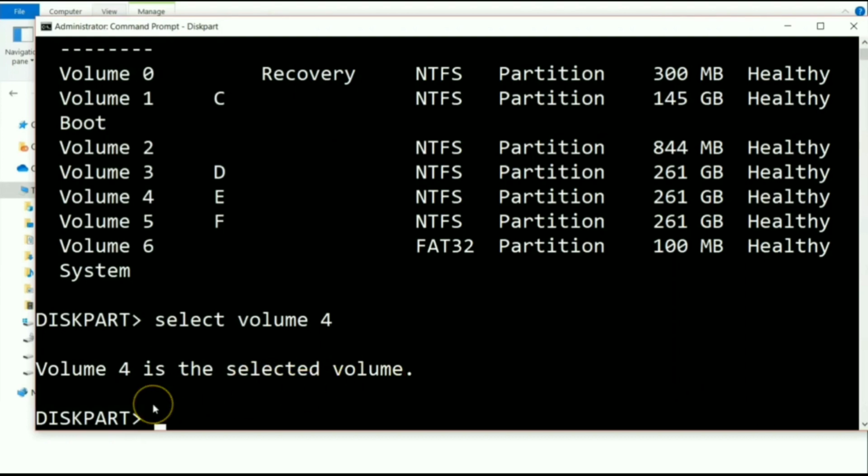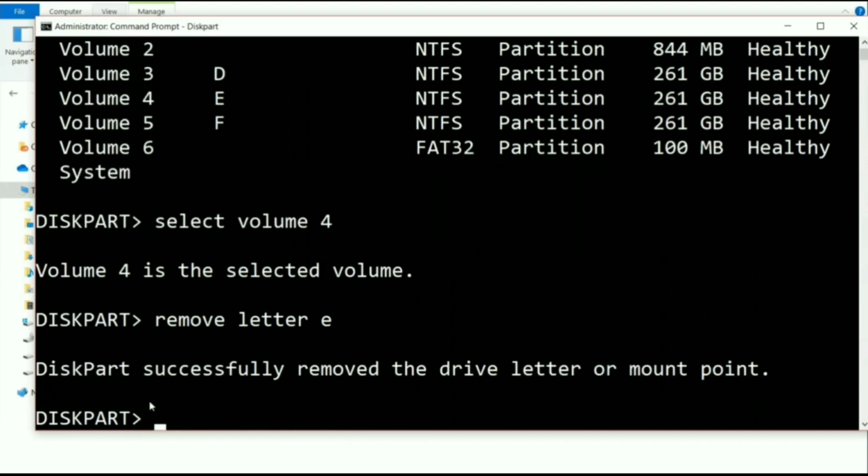Now in the next step we are going to hide volume 4, or the volume you have selected in your case. In my case for volume 4 the letter is E. Recognize the letter associated with the drive and follow the final step. Now type remove letter space E in the command prompt.